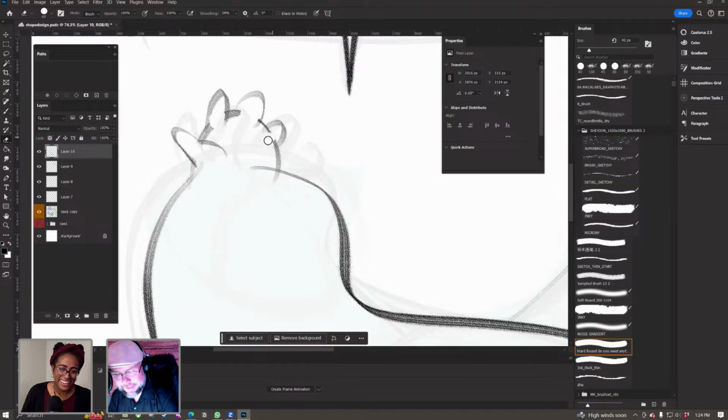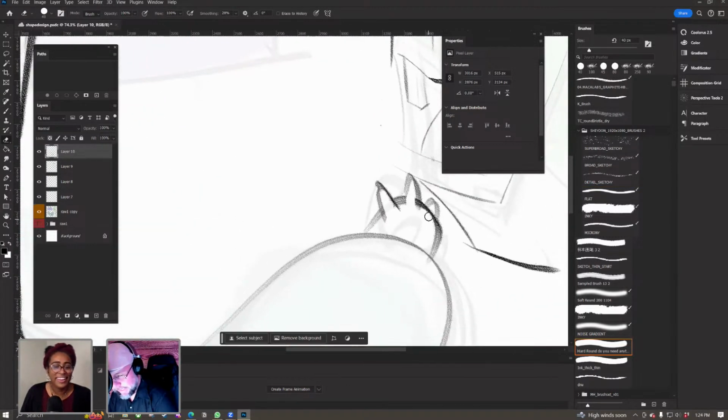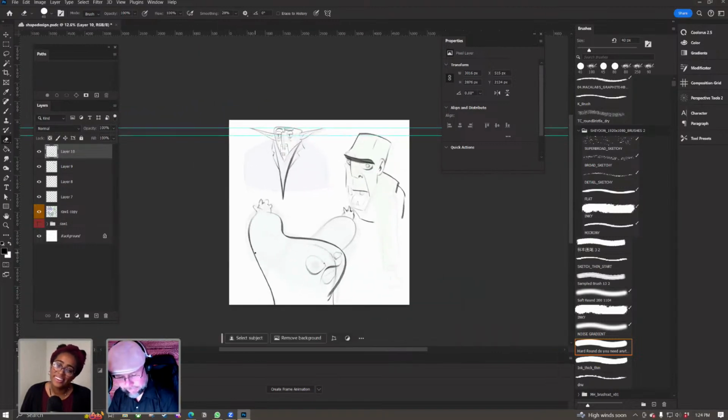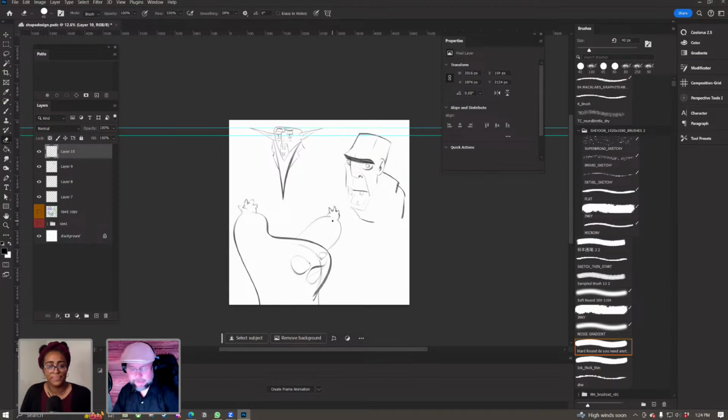So I'm just gonna get rid of some of these lines, and I'm gonna move him out of the way so he's not touching. There we go. So I have my guys now, and I want to try to add some value in. Obviously, I could sit here and go over and over on my work and iterate till I get exactly what I want, but we'll be here all night if I do that.